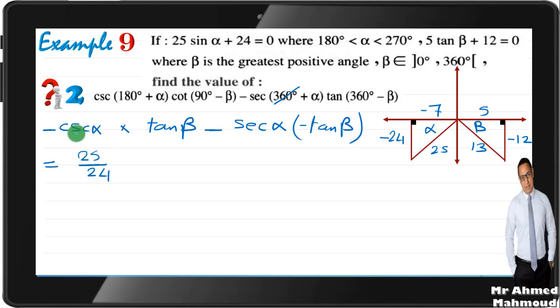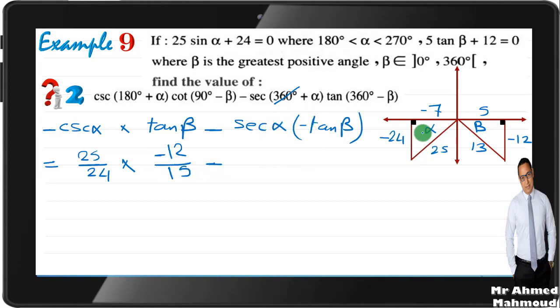Times tan beta. Tan beta is opposite over adjacent, negative 12 over 5. Minus